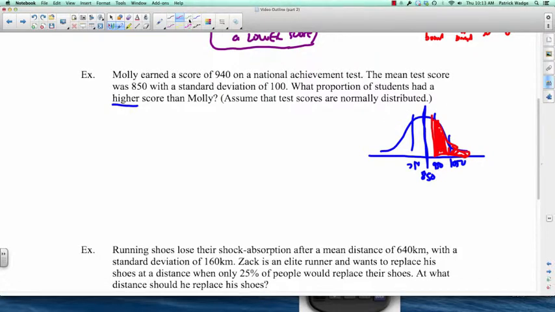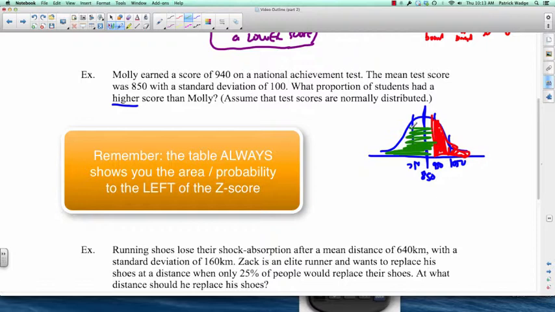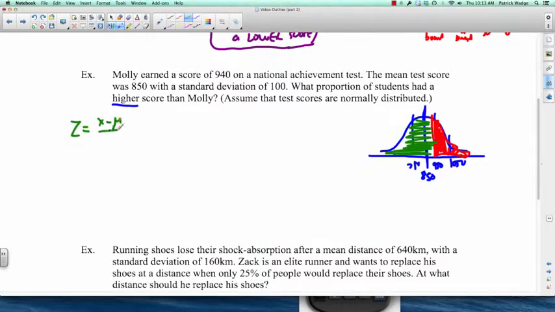Well, the way we're going to have to do that, first of all, is to use the table. One way you could do it is to use the table, get a Z-score, and the table won't tell us higher, it'll actually tell us lower. So let's do that first, figure out how many people are lower. So we got to get our Z-score first. So the Z-score is equal to the value we're interested in, which is 940, take away the mean, which is 850, and divide by the standard deviation, which is 100. And if you do that, you will get